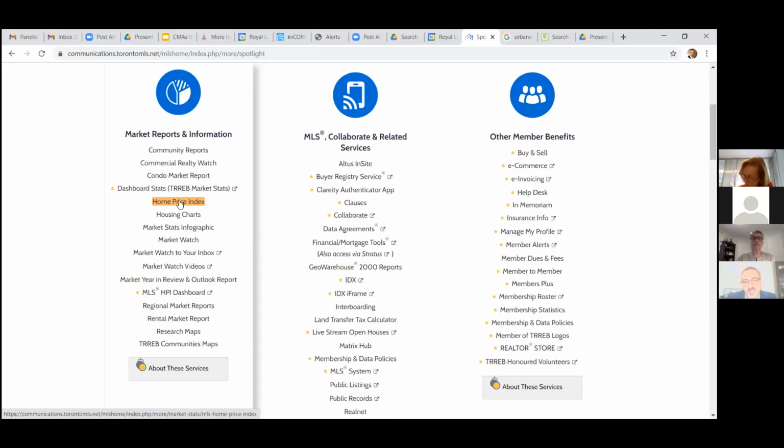The year before that, the prices went up 7%. The year before that, the prices went up 15%. You can kind of look back and say, overall prices went up. Well, this digs a lot deeper. It digs a lot deeper in terms of a specific area. So if you're looking for Clarkson area, or if you're looking for C1 in Toronto, or if you're looking for C8 in Toronto, and you're looking for a specific type of property, a detached home, a semi-detached home, a condo, or a townhouse,